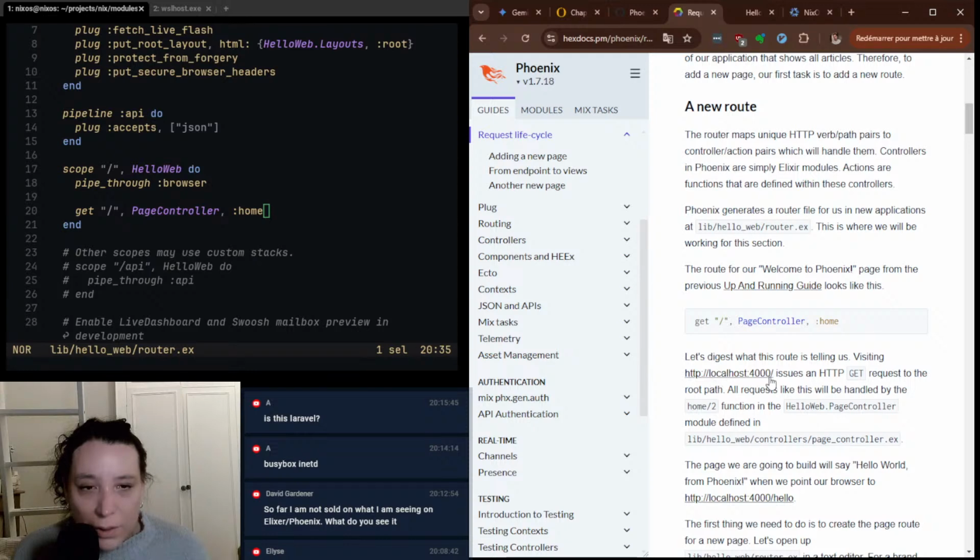Visiting localhost 4000 issues an HTTP GET request to the root path. That's this here. All requests like this will be handled by the home function in the HelloWeb PageController module, defined in HelloWeb's page controller. So this is the name of a function called home, which takes 2 parameters. That's what this /2 means,